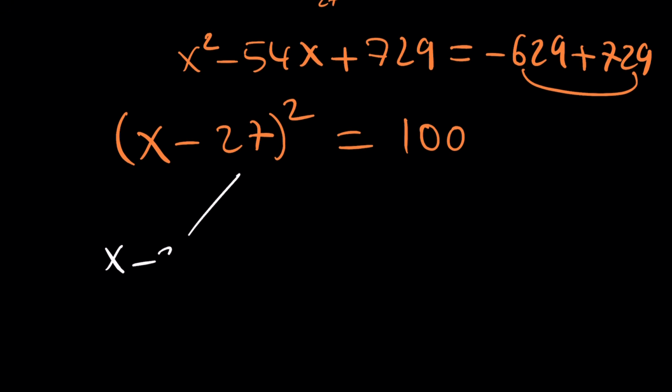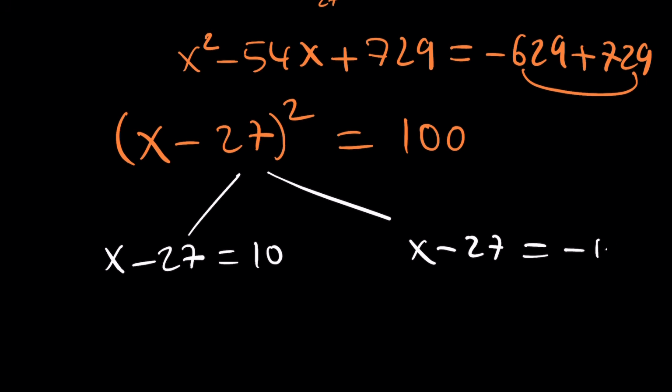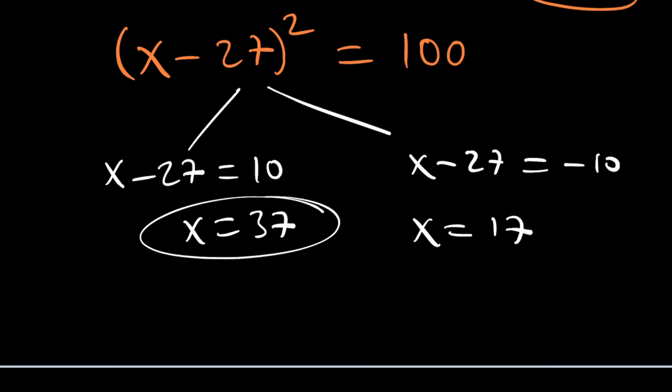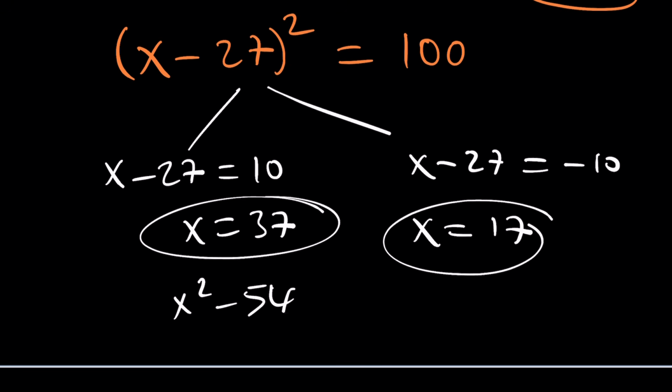So from here, you can tell x minus 27 is either 10 or x minus 27 is equal to negative 10. If you add 27 to both sides, x equals 37 or x equals 17. So those were the 2 numbers, actually, if you think about it. Those were the 2 numbers that made up 629. And when I told you this might be a prime number,